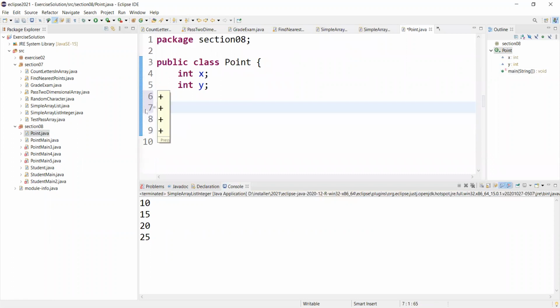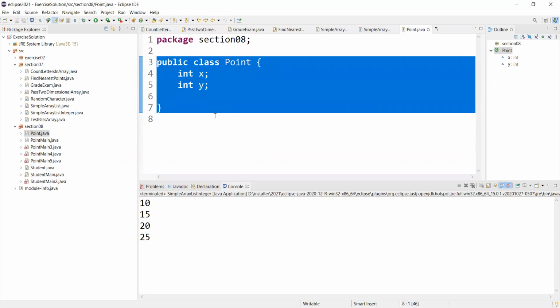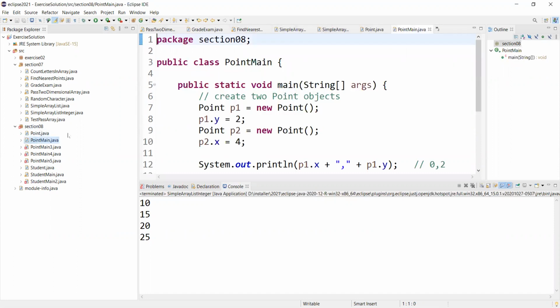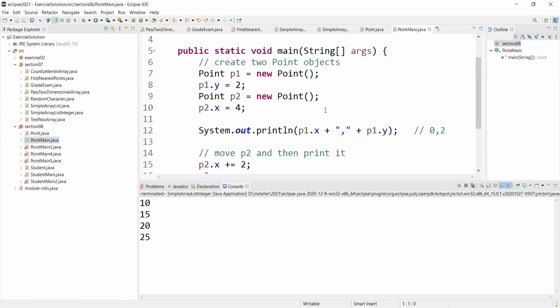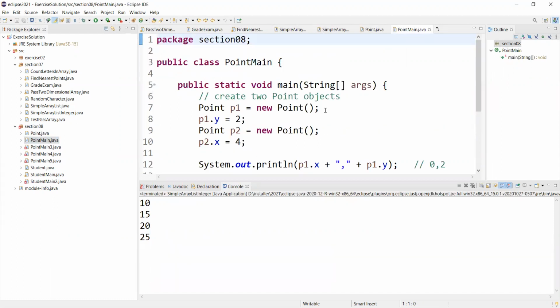Why? Because this is the Java class to create an object. Java is very familiar, very popular for object oriented programming. So because this is the object, we call it the object point. We can create object point from this class. Okay? And then if you open the PointMain.java, you will see here